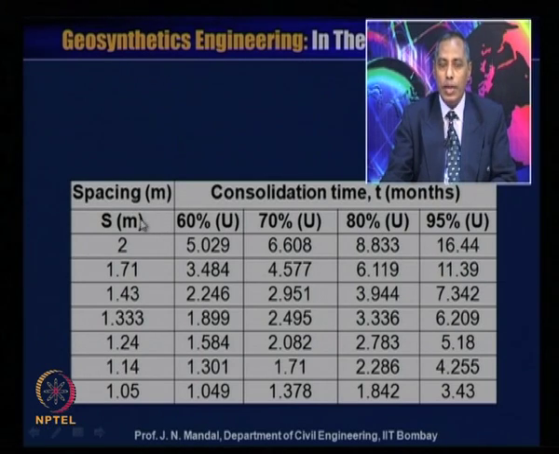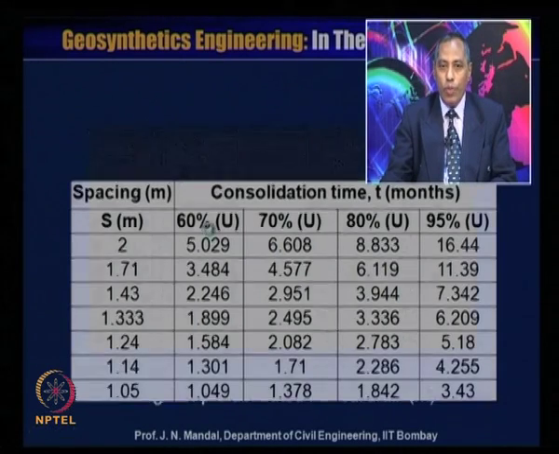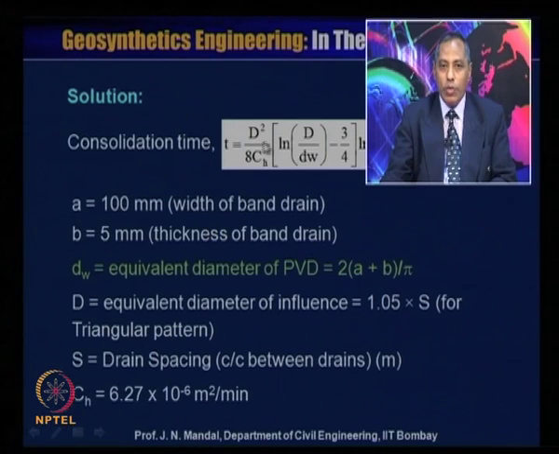Here you are put in S, but you can have in terms of the D. And you have to calculate consolidation time T in months for, let us say, U equal to 60 degree. I am telling you one factor. Suppose what will be the time for U is 60 degree. So if you can see this equation here,